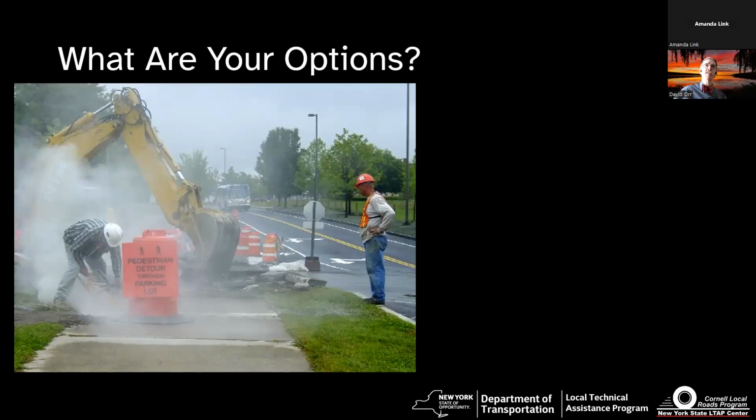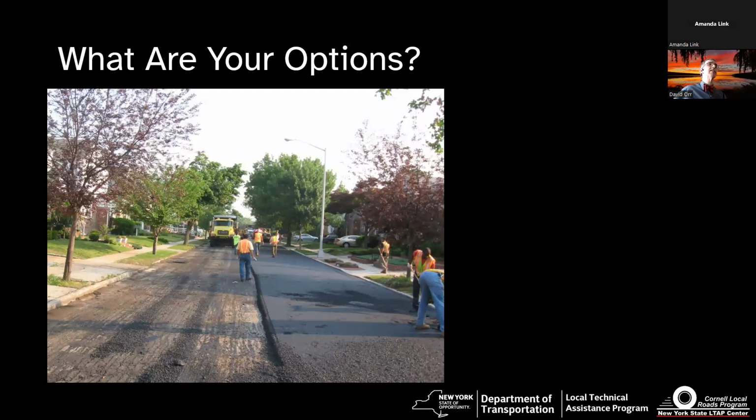Okay. Now this is a picture that Al Bachner, who I think Al, I saw you here earlier on. Let's go up and see. Yeah, Al's on here. This is a picture that Al had. They're doing paving in a residential area. What are some options? I'll show you the pictures that Al had so I can tell you what Al would recommend. I like Al's recommendation, but what could you do here? You could make people go over a block, close it off completely. Yeah. But yeah, you might be able to do an offsite detour.